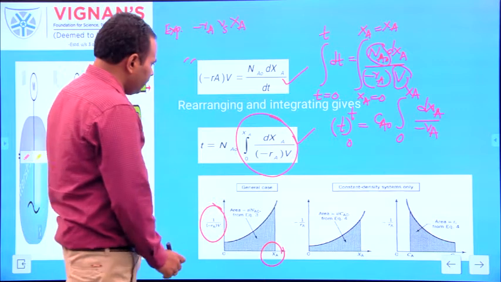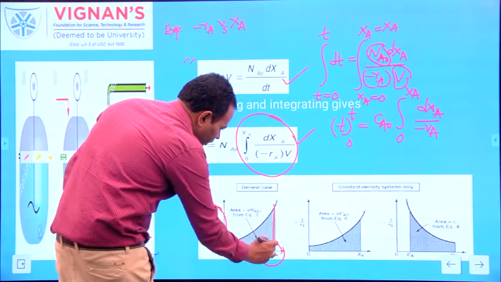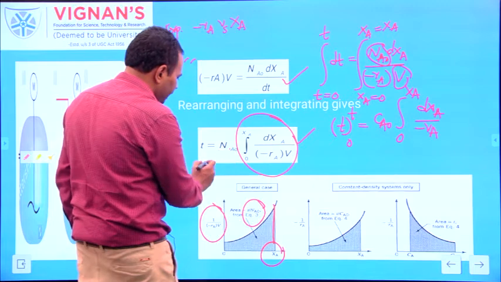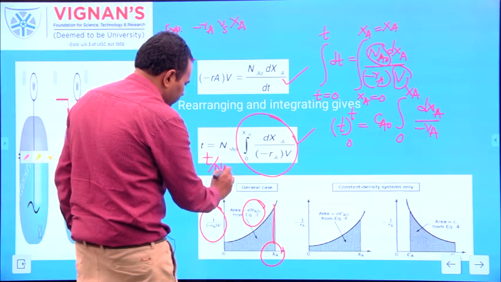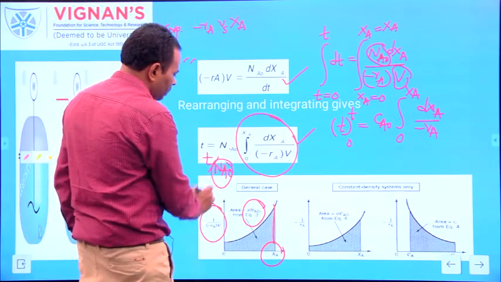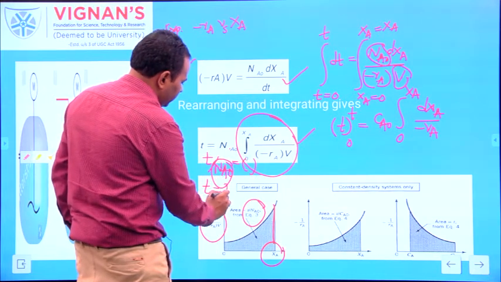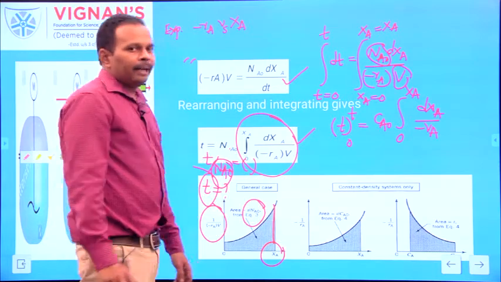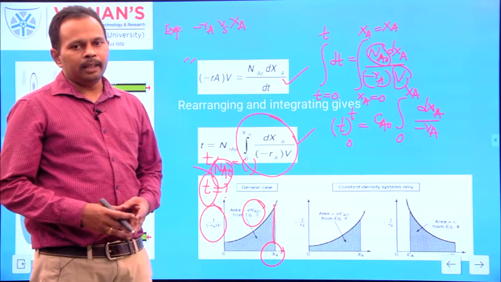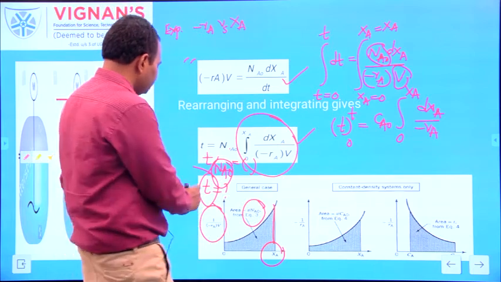When you plot this graph, since integration is there on the right hand side, the area under the curve gives the value of t by Na naught. Bring Na naught to the left hand side, this becomes t by Na naught. Since we know Na naught, and this term can be found out graphically on the right hand side, from this you can obtain t. What is this t? T is the batch time required to obtain the desired conversion Xa. Conversion Xa is nothing but how much amount of the reactant gets converted to the product. You can obtain the batch reaction time t.